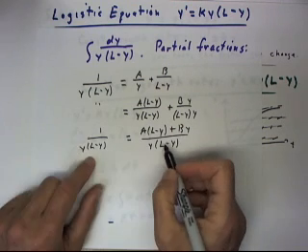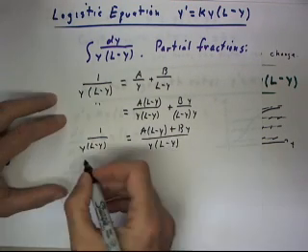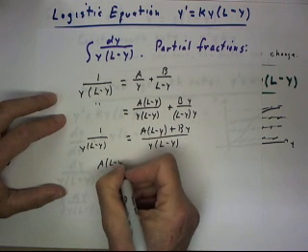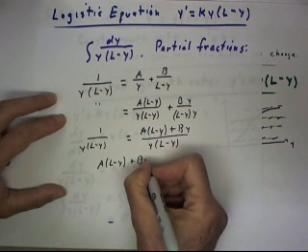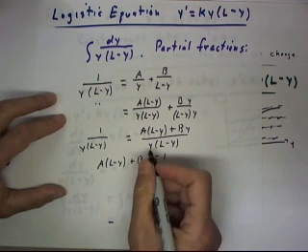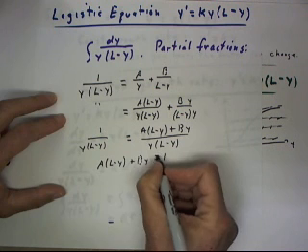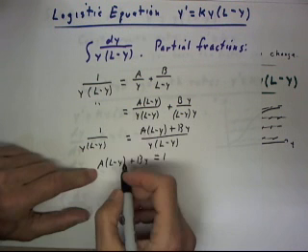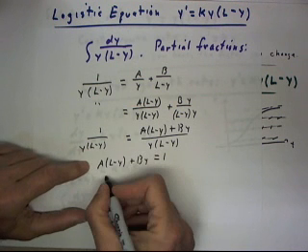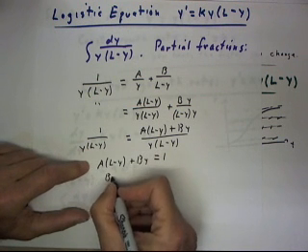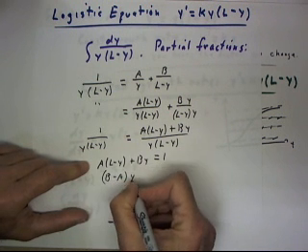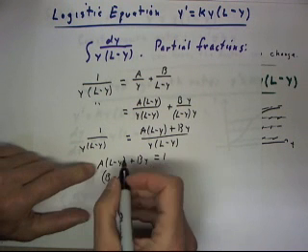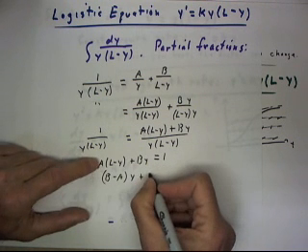indicating then that this is going to be true if the numerators are equal for all values of y. So we get A times L minus y plus B times y equals 1, again, for all values of y. If we expand this and collect our terms, we see that we're going to get B minus A times y, from the negative yA and the plus yB here, plus AL